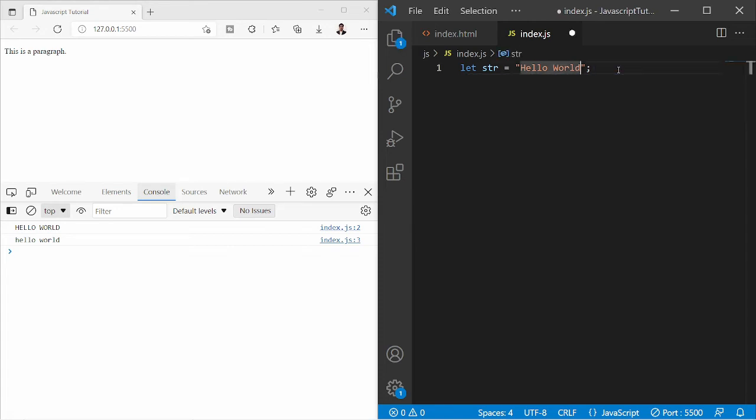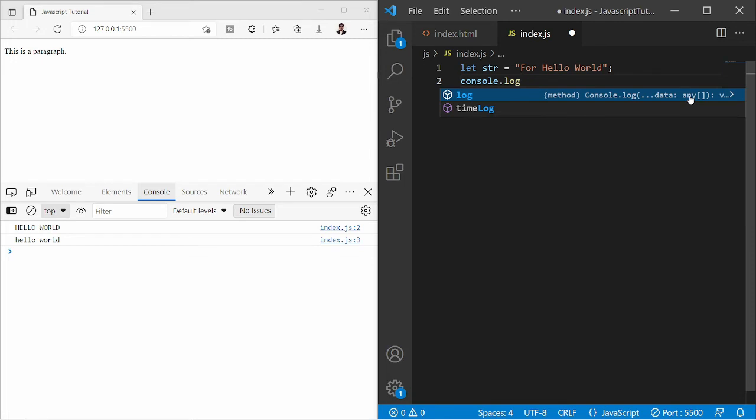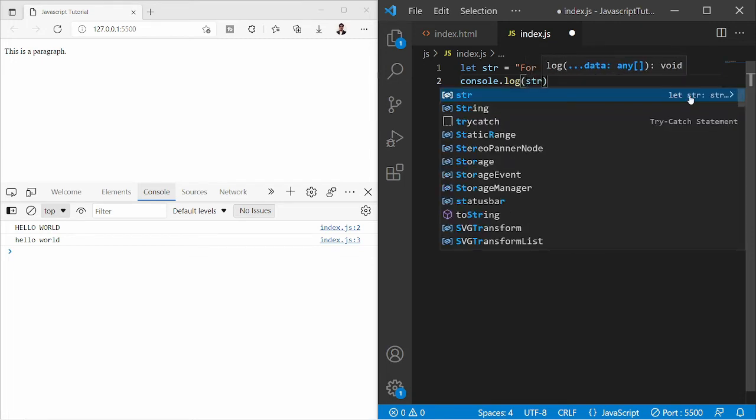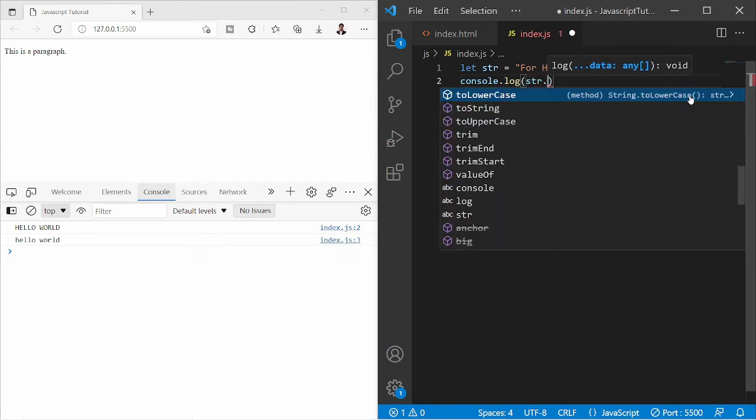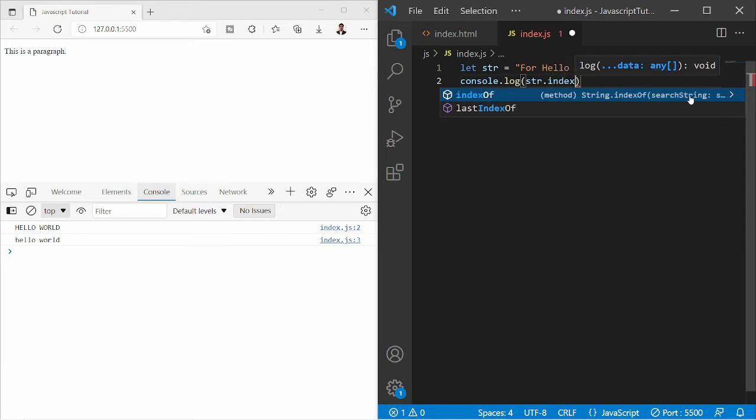To understand that, let's have a string, Hello World. Now the indexOf method looks for the substring in the string starting from the given position. What I mean by that? So let's have a console.log and str period, and we'll use the method called indexOf. Since it's a method, we need to use parentheses.